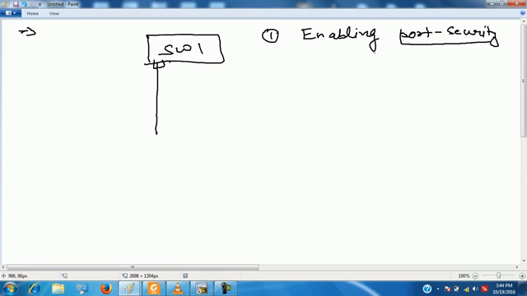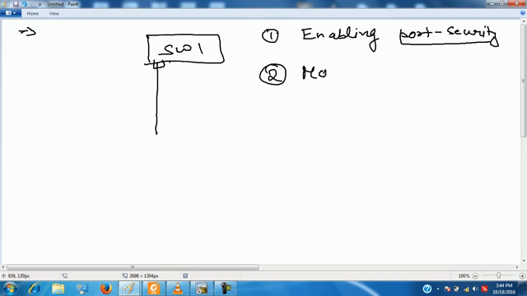Port security is basically used to prevent my switch port from being used by unauthorized users. This thing is clear, guys? To all of you? सबको समझ में आया?